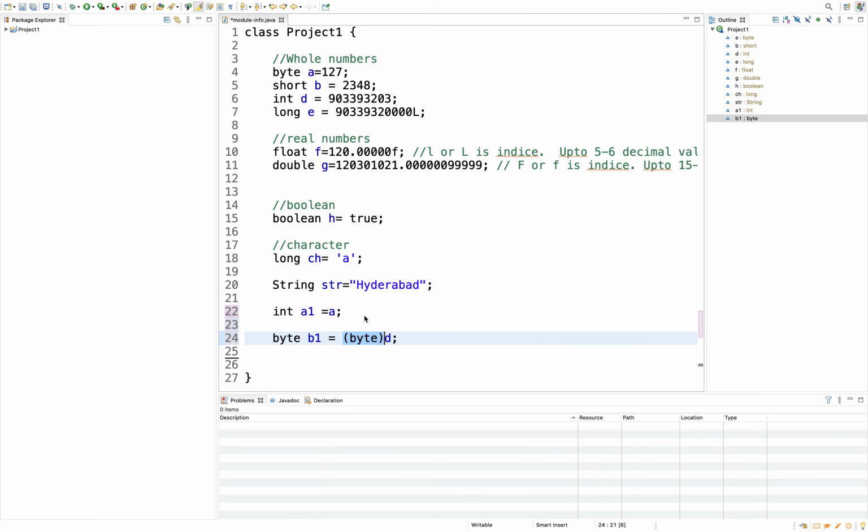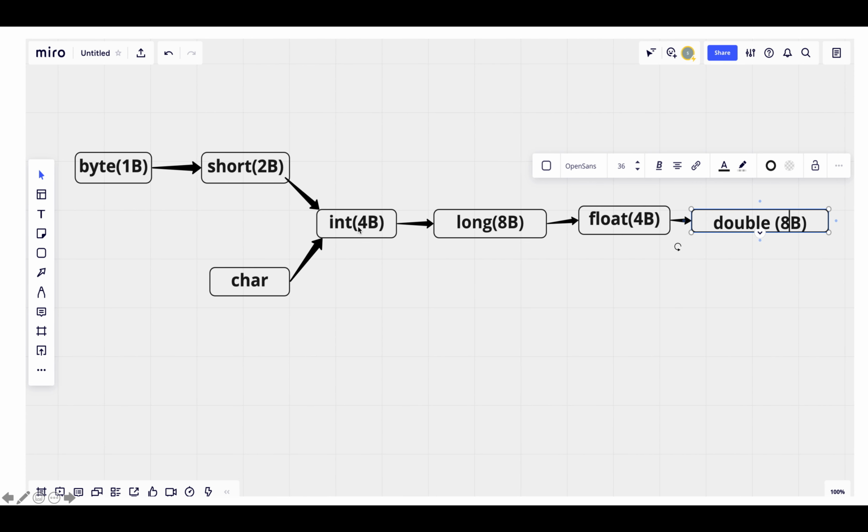Now if we go back to the diagram, we'll get more clarity. In our earlier example, we assigned the byte variable to an integer variable.